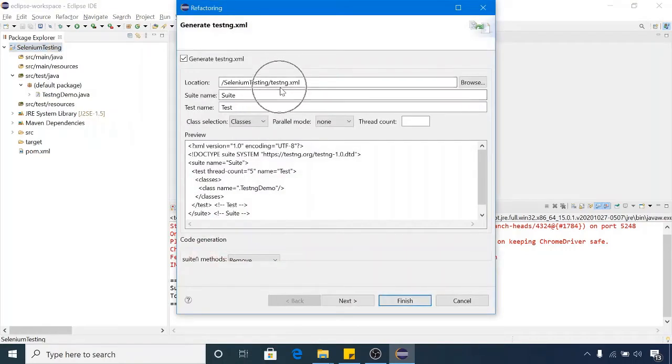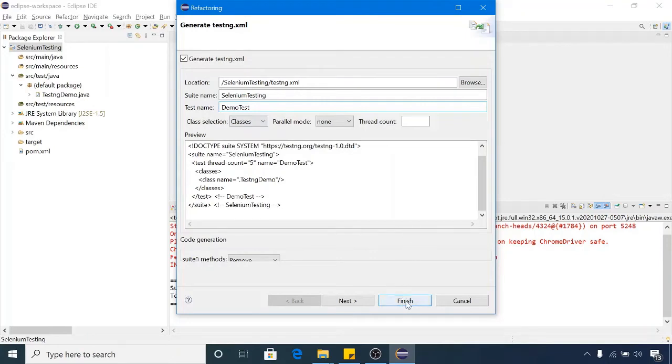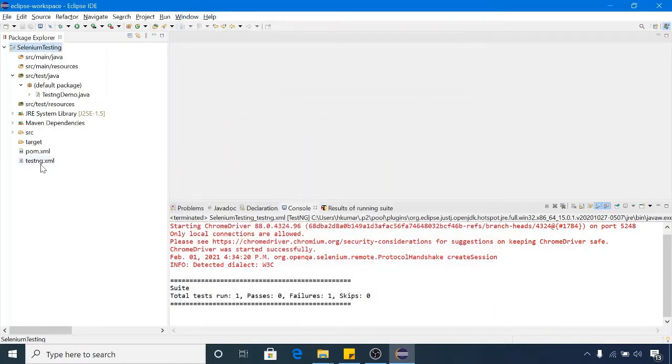Here you can mention the location of the testng.xml file where you want to save it, and the suite name. Let me name it Selenium testing and modify the name to demo test. Okay, now click on Finish. Have a look, it has created one testng.xml file here.